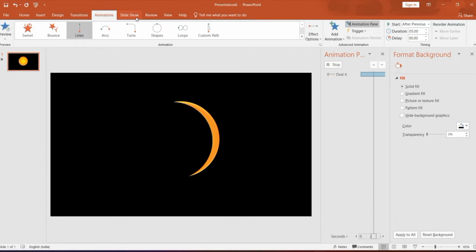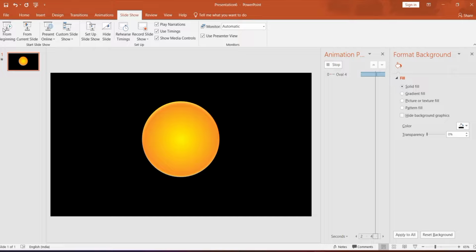Now go in slideshow to see the slideshow. Start from beginning, and we are done. So you can set it as more slow or whatever you want in your way. For solar eclipse, you can design it in your way,